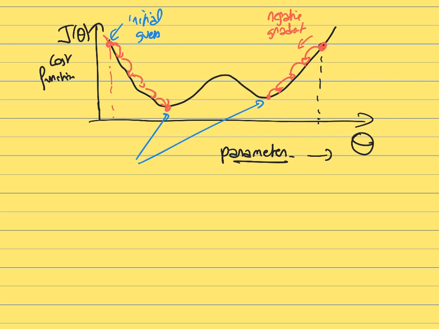You can get stuck in some local minima. So this one would be, in this case, the global minimum, the real minimum, the best possible values of theta that give you the best global minimum. This one is a local minimum. So in this case, you can have different types of minima depending on where you start. So it's typically not a big problem in practice, for some reasons that are not fully clear.